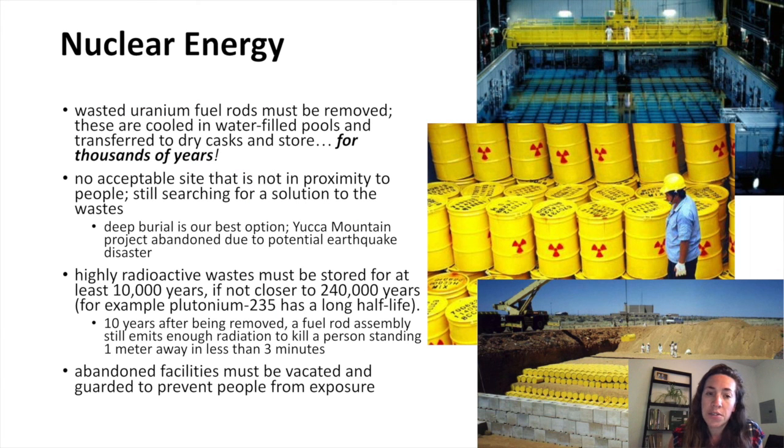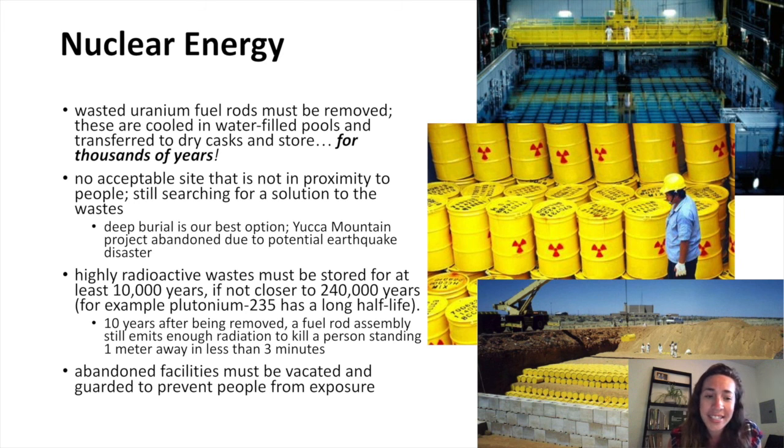The waste material needs to go somewhere. Right now we cool that material in pools, and once it's cooled we transfer it to dry storage barrels, and it's buried. That's the process right now, and once we bury it, we leave it there. It's still fairly radioactive, so we have to bury it to make sure that we don't have that exposure. But we bury a lot of our wastes. That's not all that surprising. Yucca Mountain is a project that was abandoned, even though we were storing a fair amount of nuclear waste there, because of the potential for earthquake disaster. And we have to store it for thousands of years in order for it to reach its less radioactive